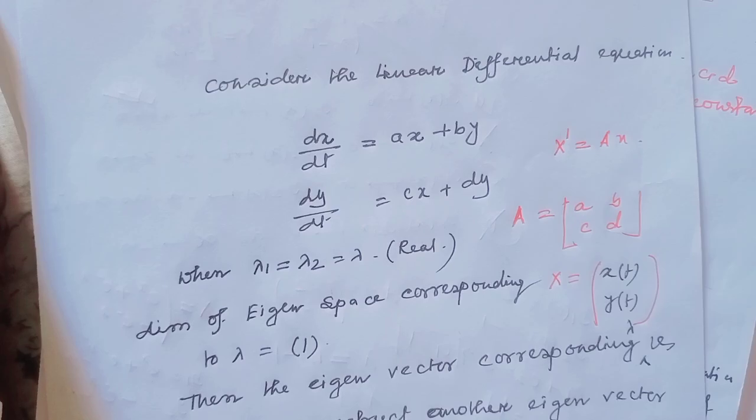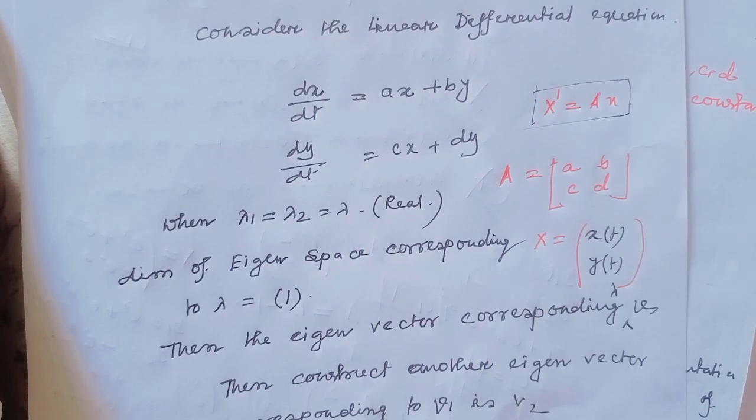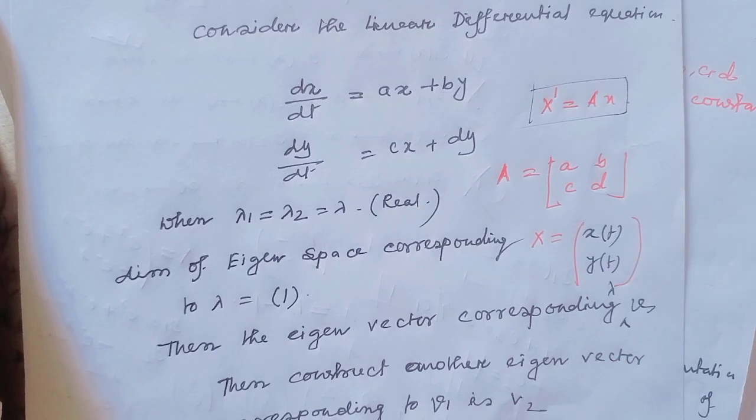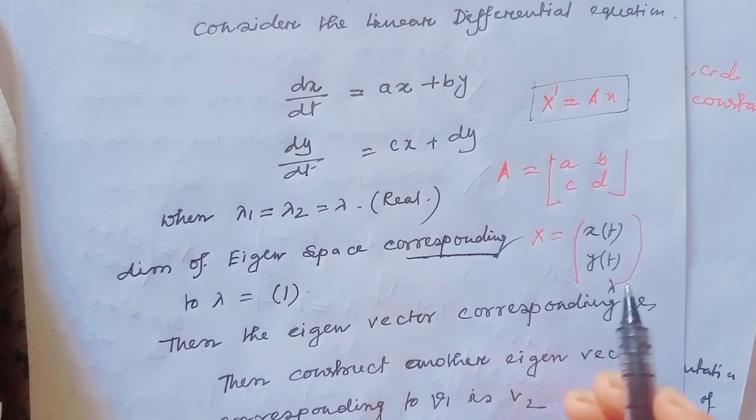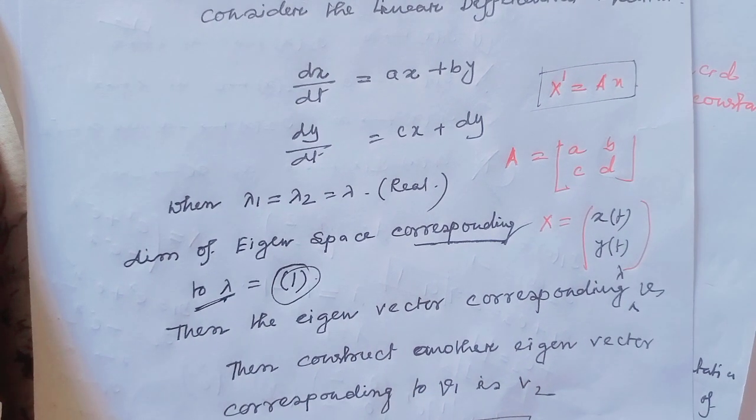Second type, system of linear differential equations, dx/dt equal to ax plus by and dy/dt equal to cx plus dy. Here the equation looks like x dash equal to Ax, where A equal to [a b; c d]. Second method: if the eigenvalues are repeated, that means lambda 1 and lambda 2 equal lambda, the same eigenvalue, and the dimension of the eigenspace corresponding to the eigenvalue lambda is 1, then